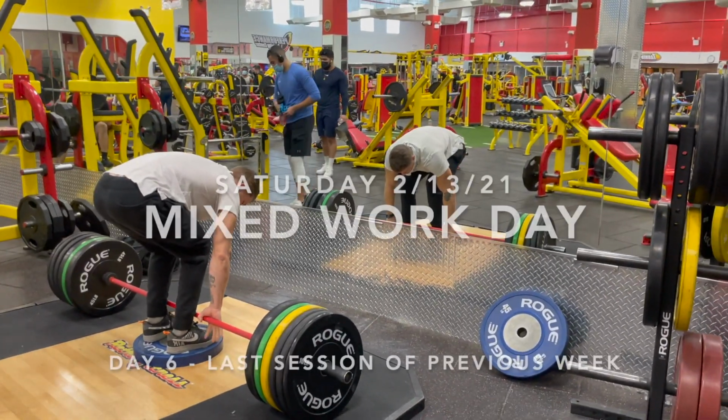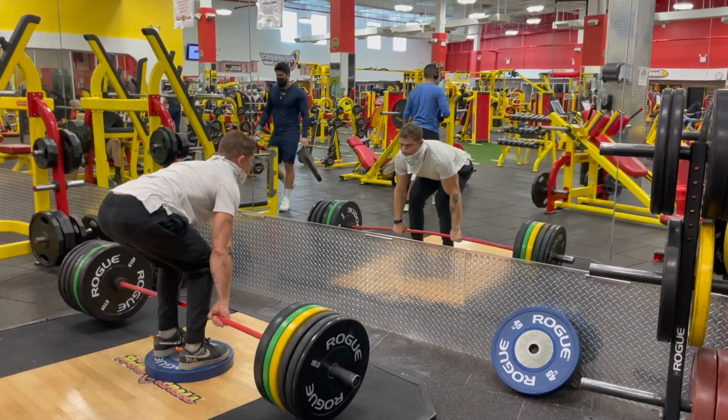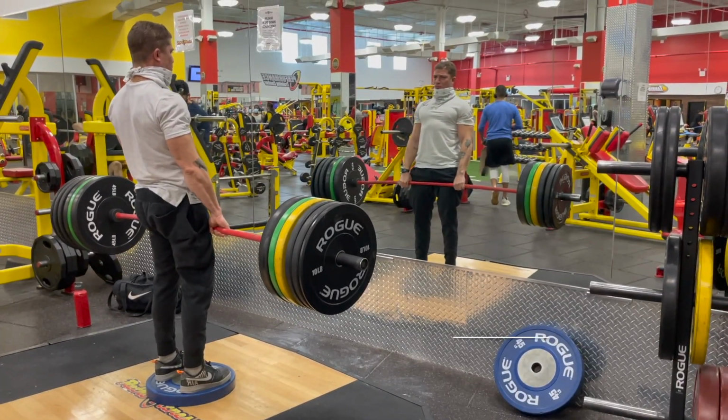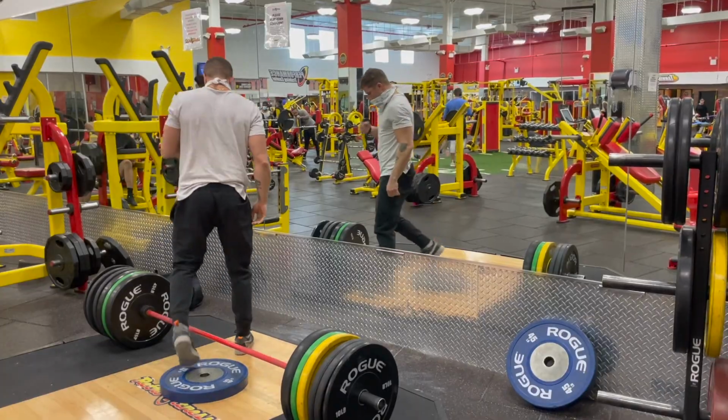Alright, here we go, day 6. But this is actually day 6 of the previous week's end of sessions, right? So remember, I hit 1 upper, 1 lower, off day, 1 upper, 1 lower. And now